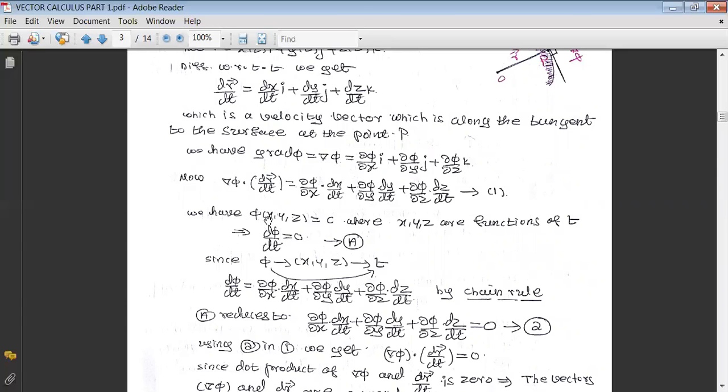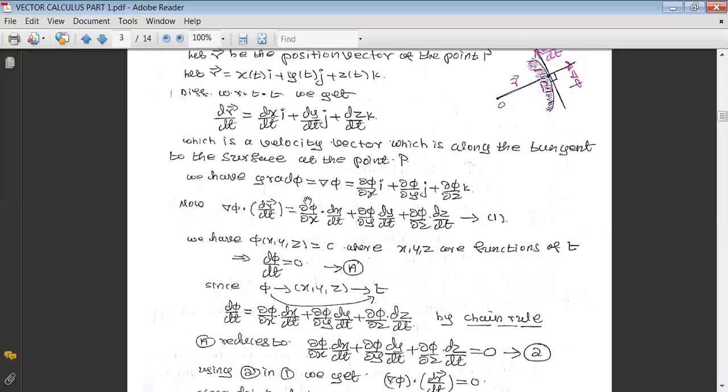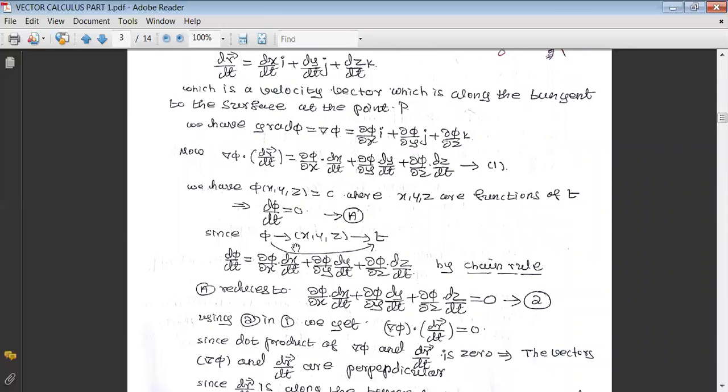And we know that pi is a function of x, y, z, and here x, y, z are functions of t. That means pi is a function of x, y, z and each of these x, y, z are functions of t, then pi becomes a composite function of t. Then we can find the derivative of pi with respect to t using the chain rule, that is given by